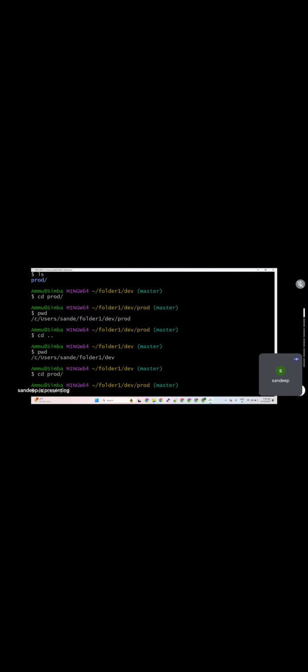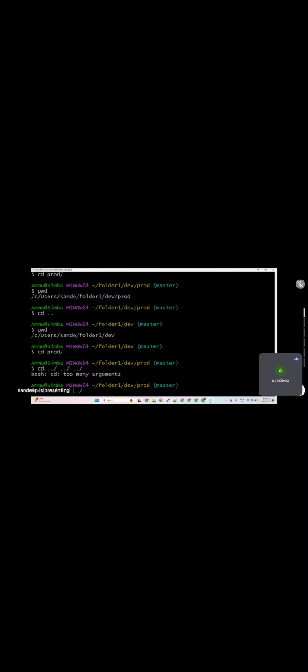This slash represents one step back. If you provide 2 slashes, it will go 2 steps back. Again I'm going to give space 2 dot slash. This first slash will go to the first folder, the second slash will go back to this folder, and the third slash will go back to this. Okay, so if I run this